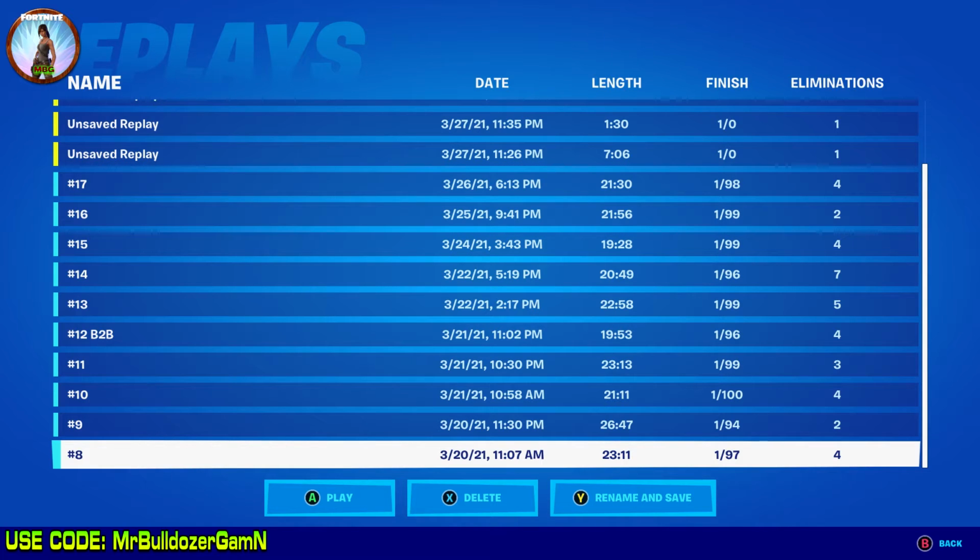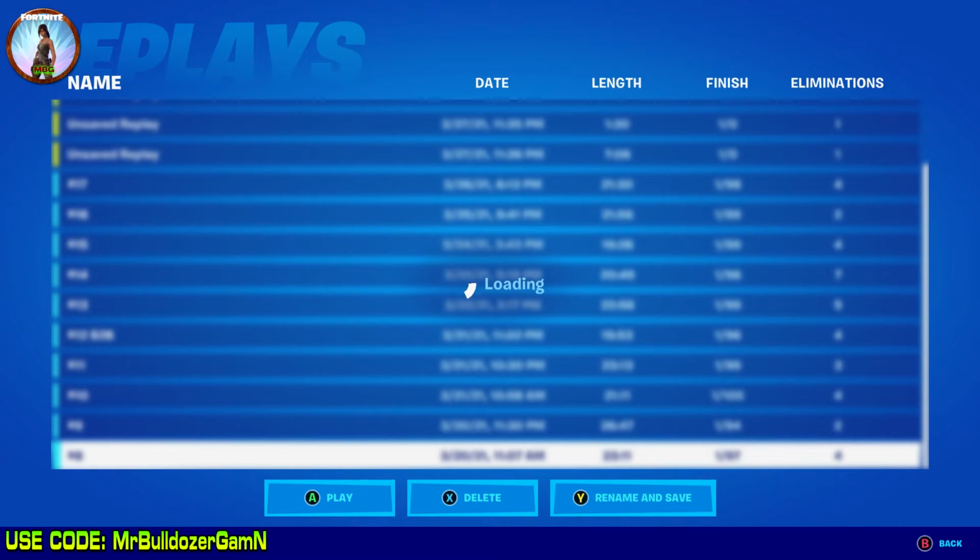So every time I win a game, and you see I got another back-to-back down here, numbers 11 and number 12, every time you win a new game, you have to delete one. So what I've been doing is deleting the lowest number, which this one's going to be number 8, and that will allow me to put number 18 in up here. So I'll go ahead and delete this here,